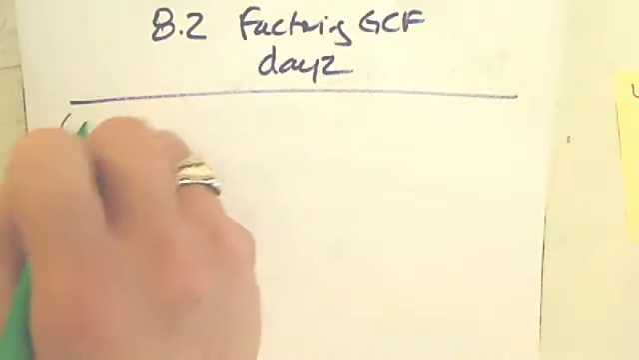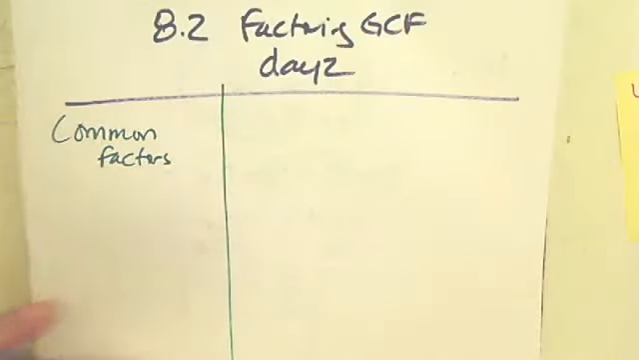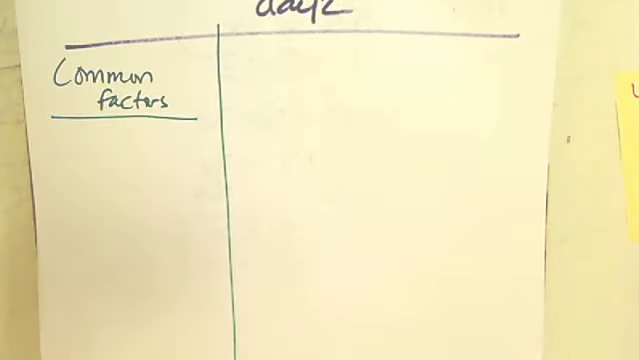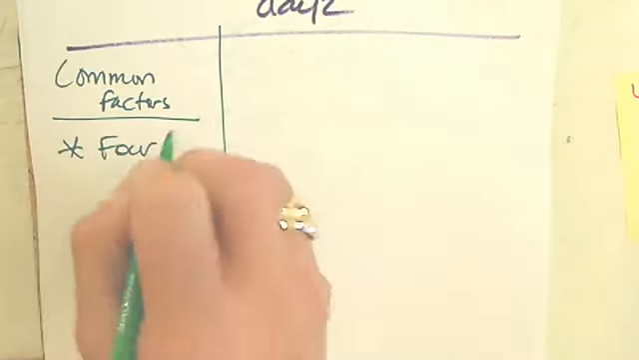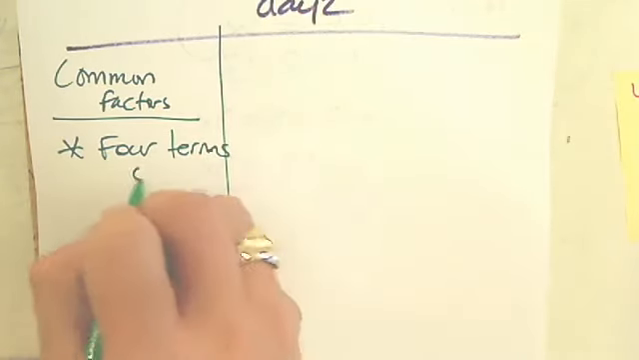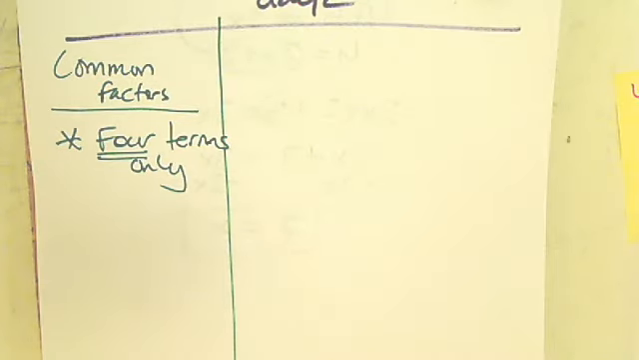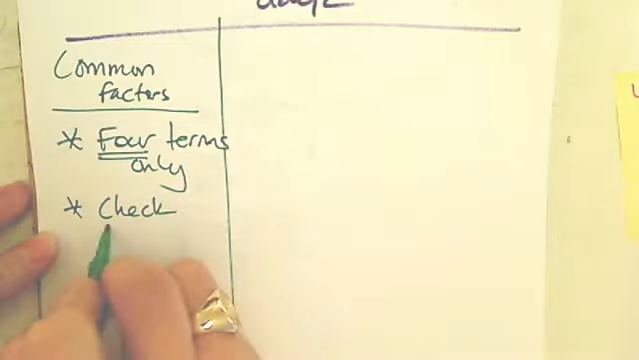Here we go. Common factors. Okay, I'm going to add some stuff to this. This is for 4 terms only. Not 3 terms, not 2 terms, not 6 terms, 4 terms. Okay? 4 terms only. You need to make sure you check your power